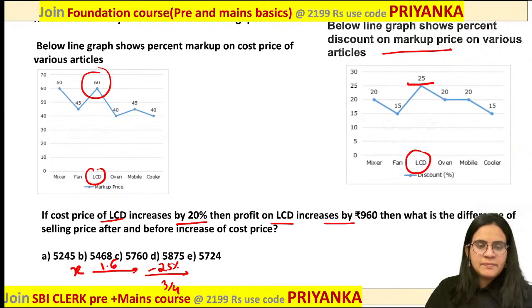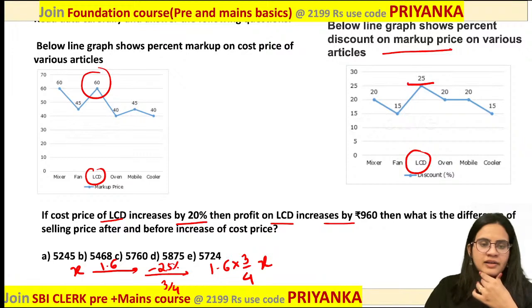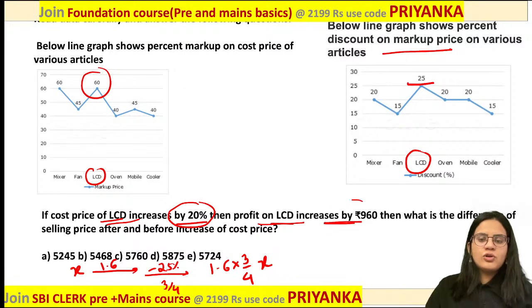So what would be your selling price? Your selling price would be 1.6 into 3 by 4 into X over here. Everybody is getting this point over here? Now this question is quite logical over here. Okay, so this question is quite logical. What is given in your question? When the cost price of the LCD is increased by 20% over here, profit of the LCD is also increased